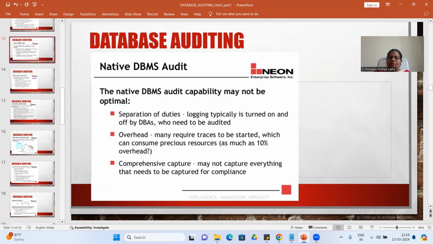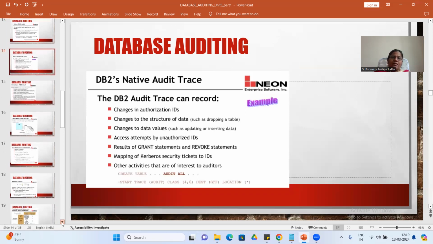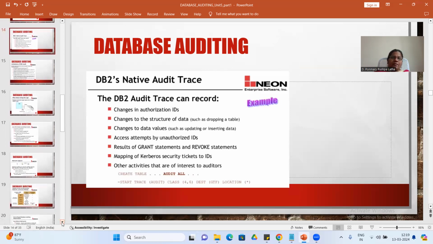You can turn it on or off by the DBA. And what overhead is necessary, and comprehensive capture, may not capture everything. Whatever needs to be captured for compliance, whichever is related to the standard, that alone you are capturing.